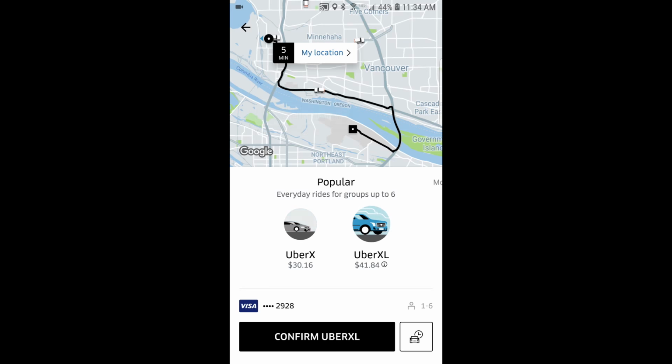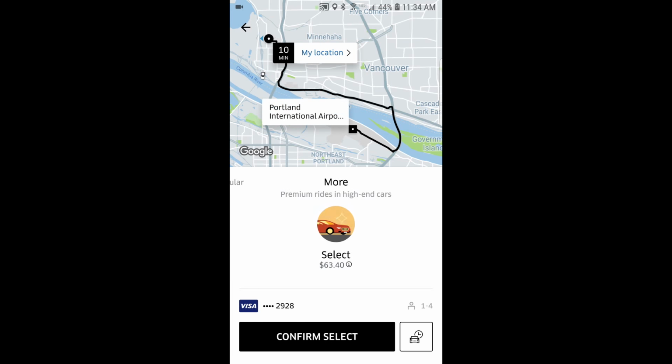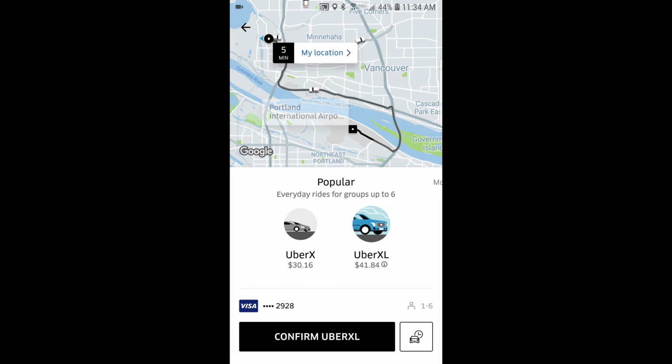UberX is larger, so that's up to 6 people, and then there's Select, which is a high-end car. So if you want to get a really sweet ride, you would pay for it a little bit more, well, actually about twice as much. So I'm going to go back to the default, and so if I'm ready to go, I would hit Confirm